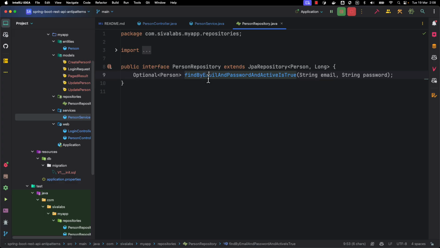If you try to derive all that complex logic just by using the method name, it is going to go on and on, like and active is true, and disabled equal to false, and locked is false. It is going to go on and on and on. So this is definitely not a preferred approach. Instead, you should use a meaningful name and then use the Query annotation to define that. So what we can do, let's say here, create a